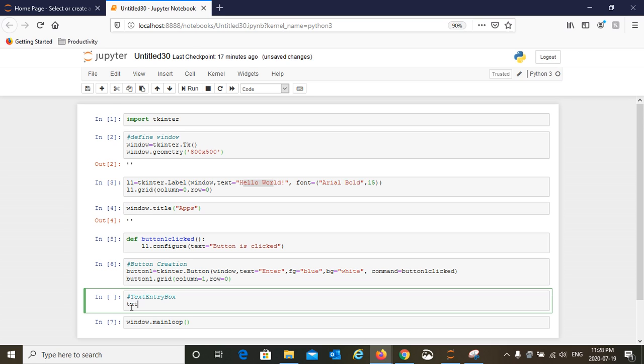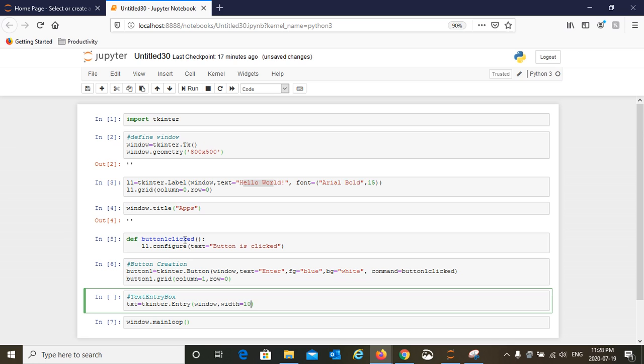That's what you are going to create now. So let's say txt equal to tkinter dot entry. Where is this entry going to be? On same window. So that's the first option. And then you're going to mention the width of that text box.